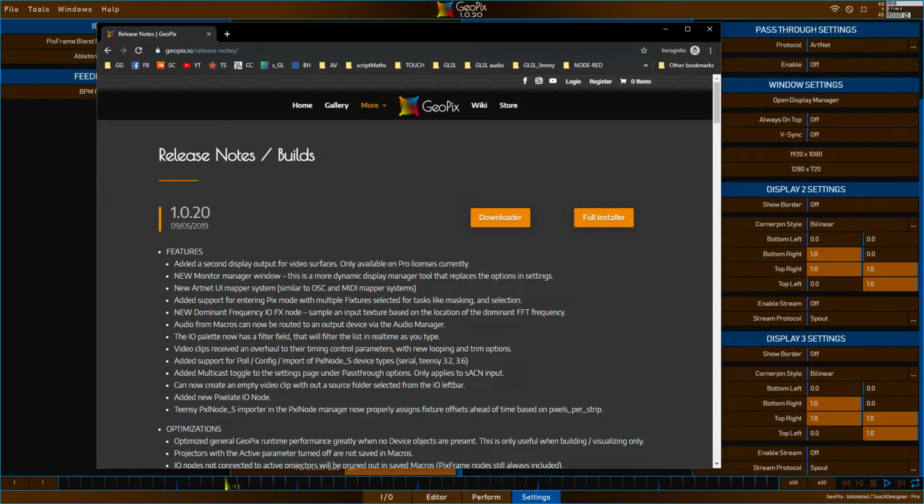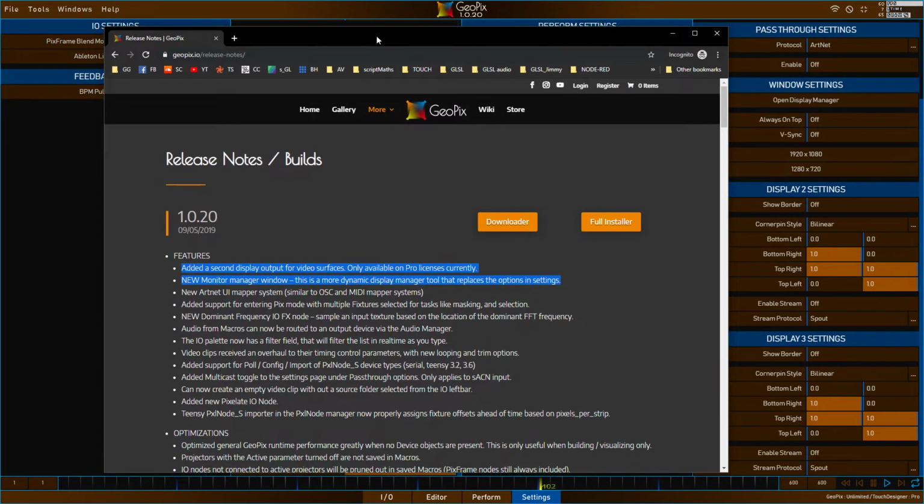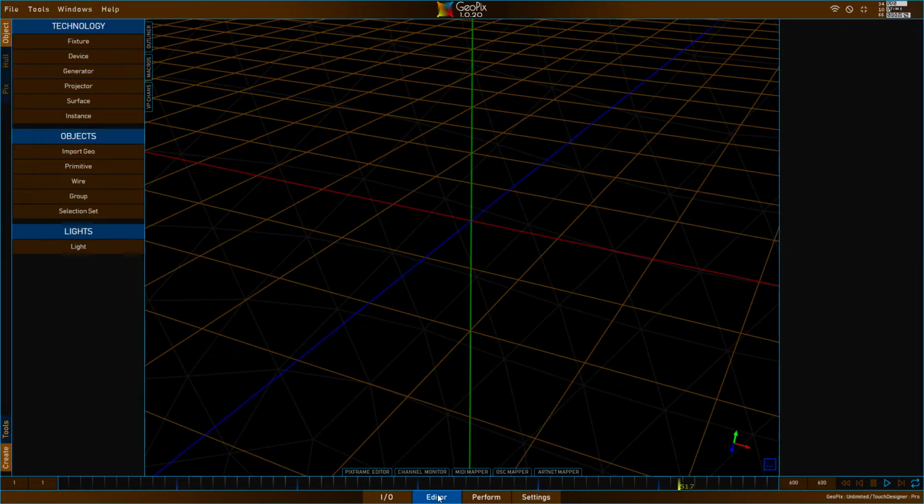Alright, so the very first thing that was added that is of high importance is the Display Manager tool. The Display Manager tool in GeoPix allows you to take your main viewport here, which is your main view, in addition to your surface outputs, right? So previously you had one output, but now you actually have a second one as well. So you have three total views that you can put on different monitors, and the way you do that now,